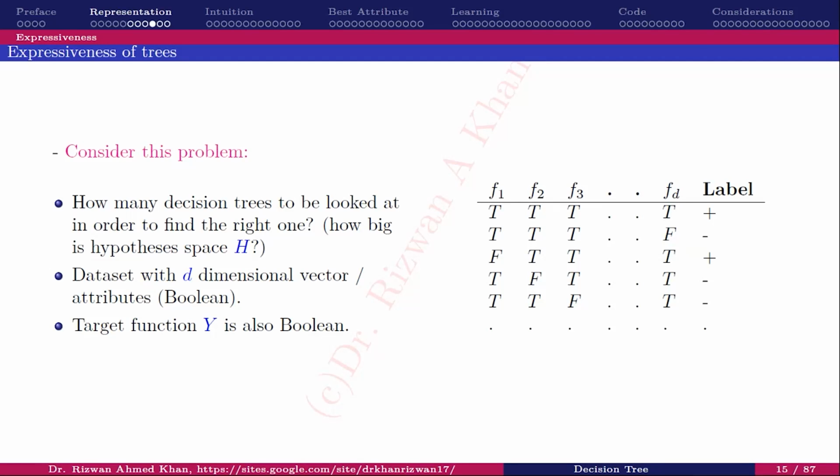Just consider what we did in OR and exclusive OR, and how many functions there were in terms of their dimension, because they were Boolean functions. Again, we are looking at the Boolean function. Is the feature vector either true or false? Abdul Aziz, do you want to ask any question?